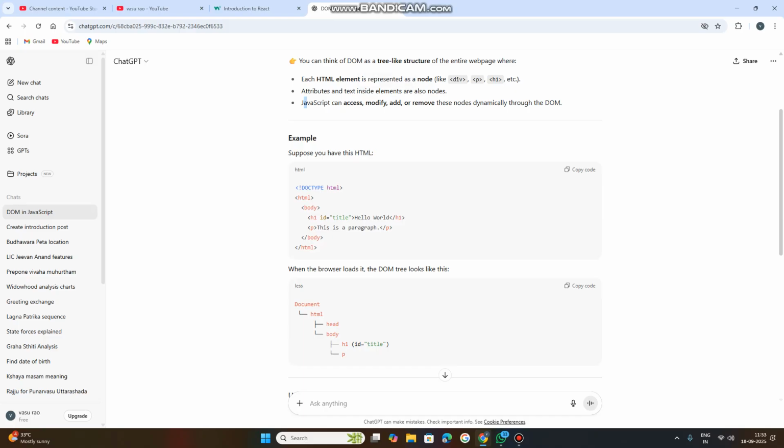So JavaScript can access, modify, add or remove these nodes dynamically through the DOM. Which nodes? The nodes, meaning the HTML